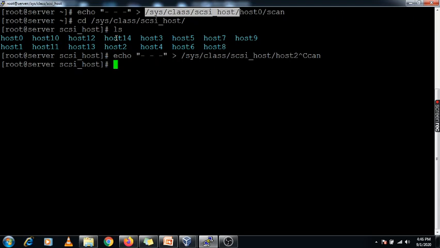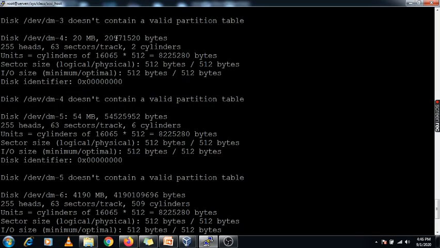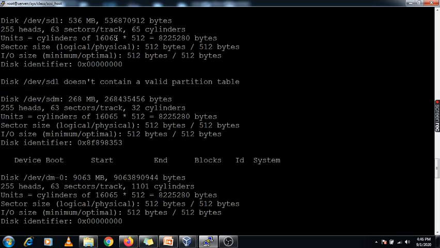Now once this disk is scanned, you can check it using the fdisk -l command. Here you can see whether this disk is reflected or not. Now I can see this disk is reflected, having 256 MB, with the name sdm.